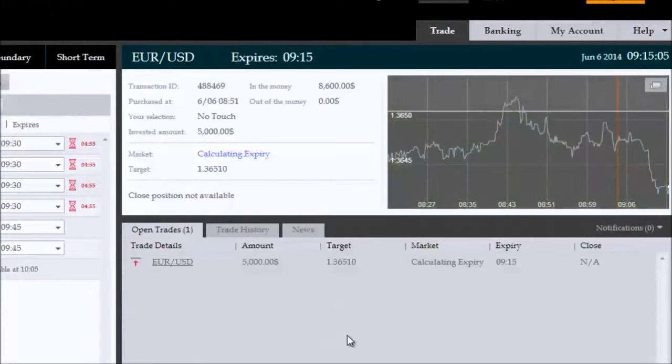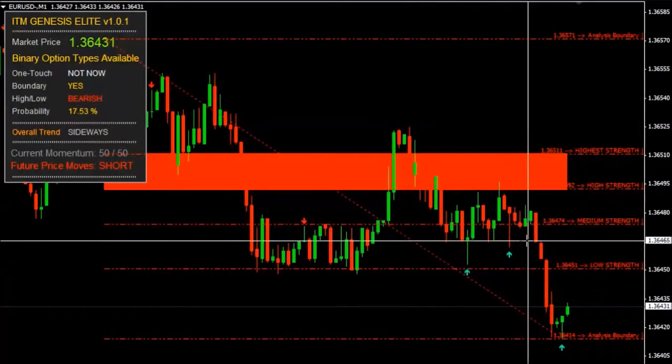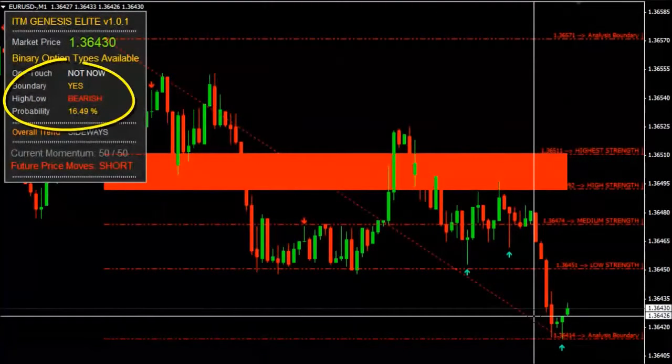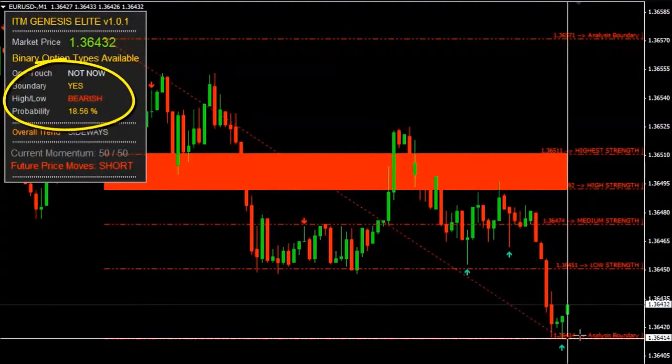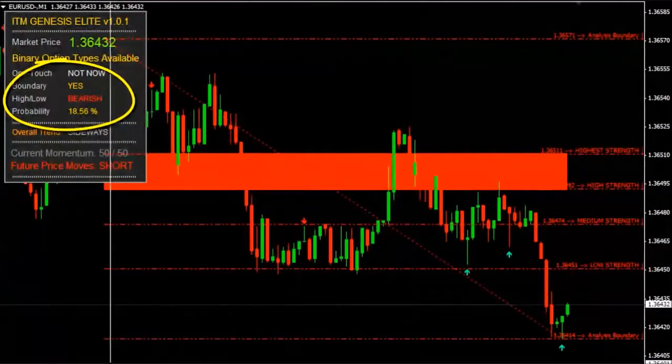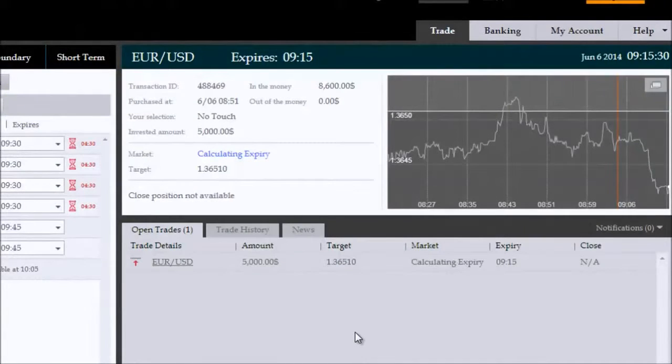We should have expired now already for a $8,600 gross return, which will net us a $3,600 net profit. Now, once this completes calculating expiry and our funds are released, because the max exposure is 5,000, notice that we're in another boundary situation, but we do have boundary trades available. So the first example was to demonstrate what would happen if boundary trades weren't available. And now, since we have a boundary scenario again being presented to us by ITM Genesis Elite, we'll go ahead